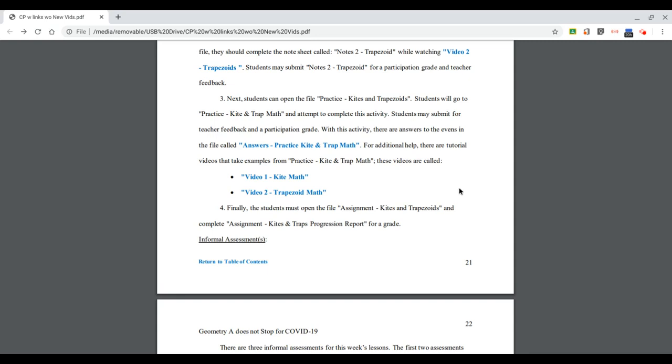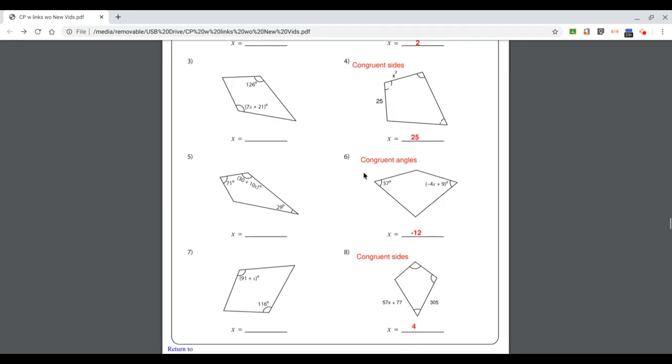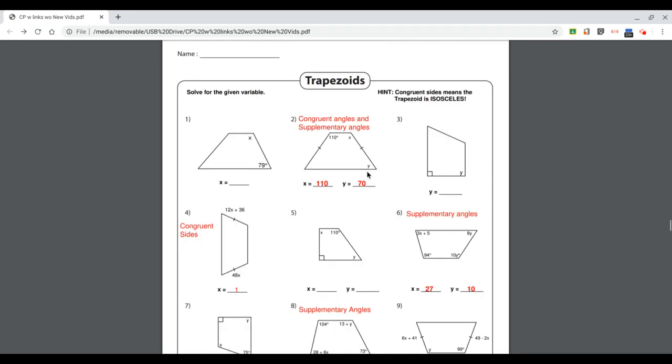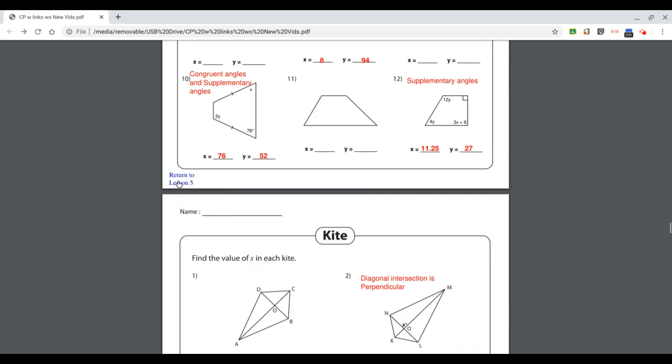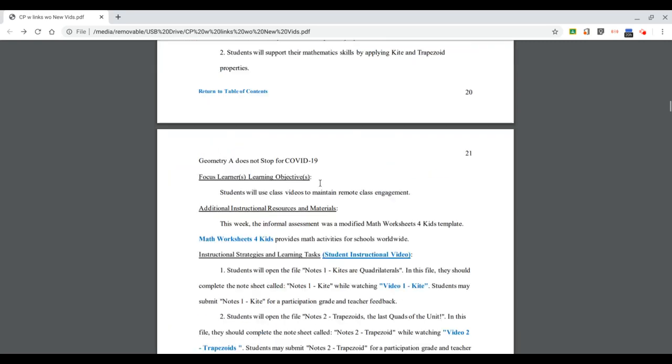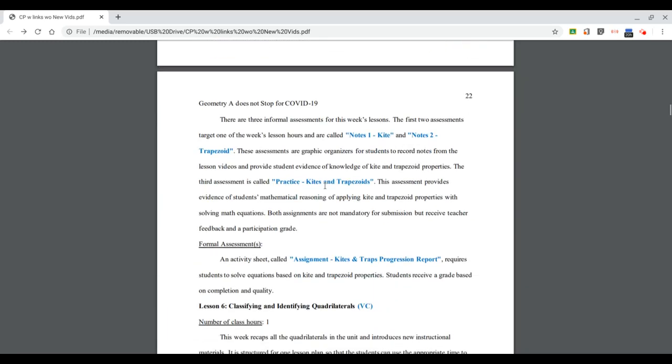And also, we provided them with answers this time. It looks like we provided the evens, and they can double check to make sure they got the same answers if they'd rather do that than asking us first if they're on the right page, accomplishing the task that